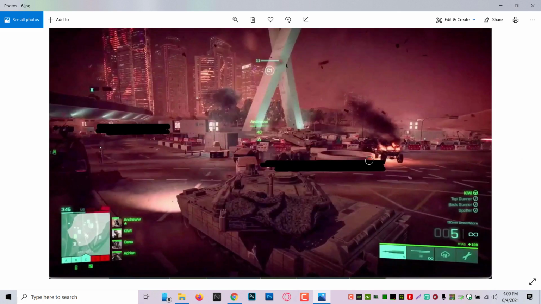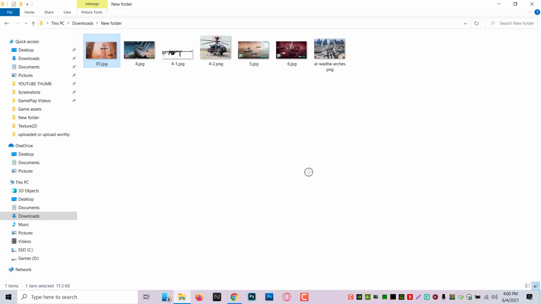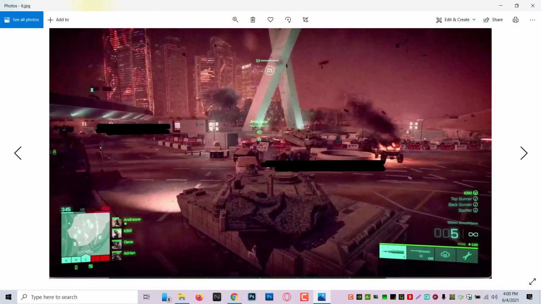Next we have the city, and this is actually a place. You can see this landmark right there and C1. This is actually a place in Qatar, and here it is right there. You can see the tank is actually facing this direction. You can see it, all this right there going this direction. I actually closed it off. Let me get it back for you. So right there,